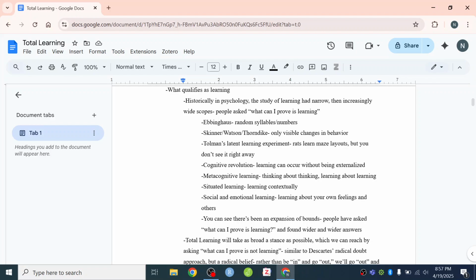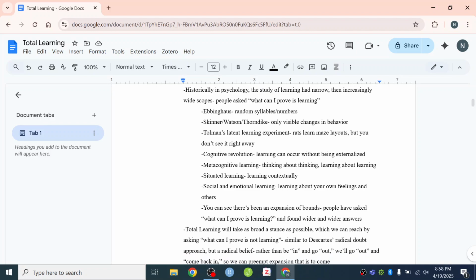where he showed evidence that rats would learn the layouts of mazes, but that you wouldn't necessarily see evidence of it right away. And importantly, they seemed to be learning this without any direct incentive, no direct reward, which was motivating them to do so. They seemed to be learning just as they walked around without any real prime directive with which to do so. I can recount that experiment here, but I'll skim over it for now. You can go read it. It's very famous, at least within the field.